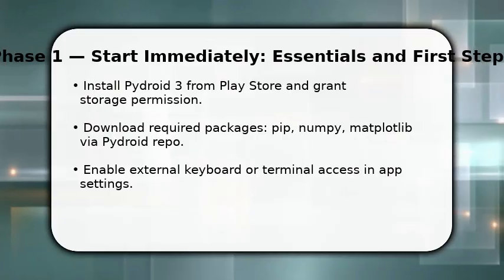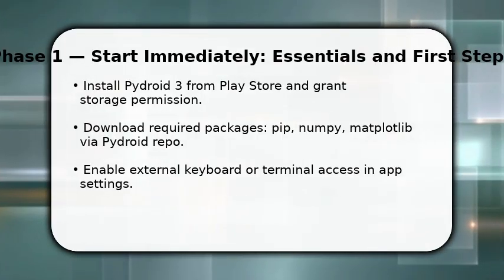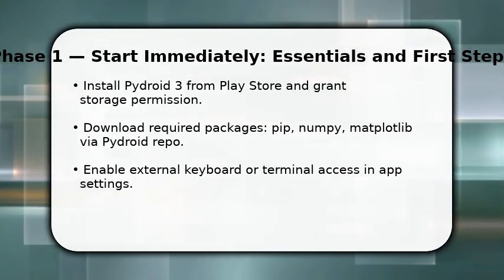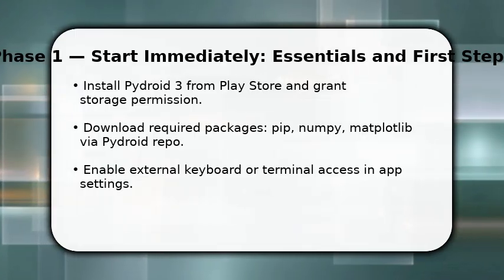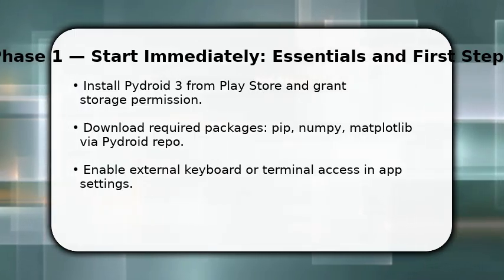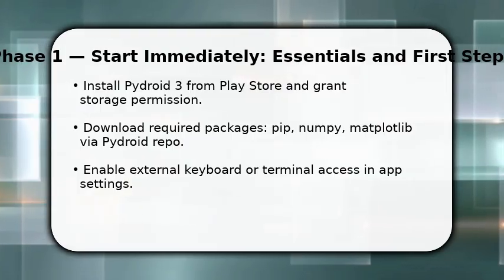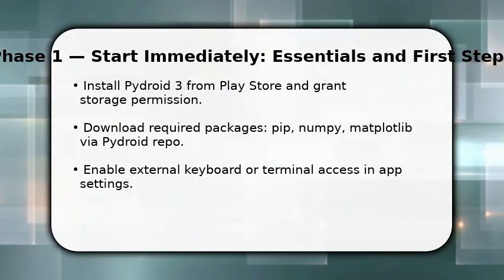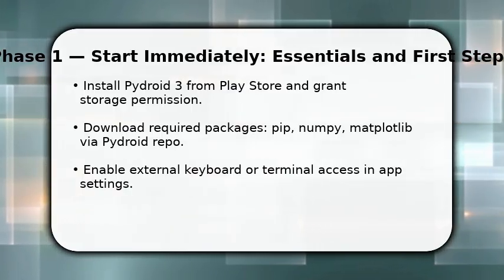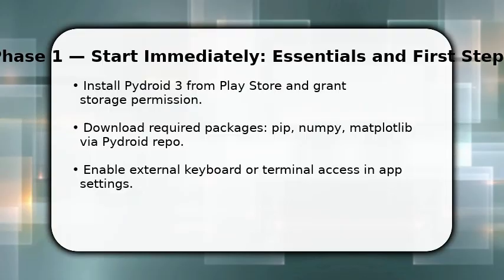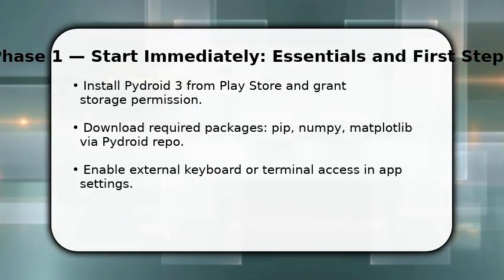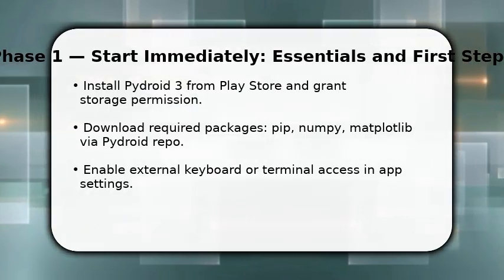Enjoy the video. You start by getting the essentials in place. Install Pydroid 3 and grant storage and microphone permissions if needed. Once done, open the built-in package manager and install pip plus any core libraries like NumPy and Matplotlib so your scripts run. Make sure to enable terminal or external keyboard support in settings for faster typing. This speeds debugging. You're not preparing a desktop, you're optimizing a phone for coding, so prioritize packages and input methods